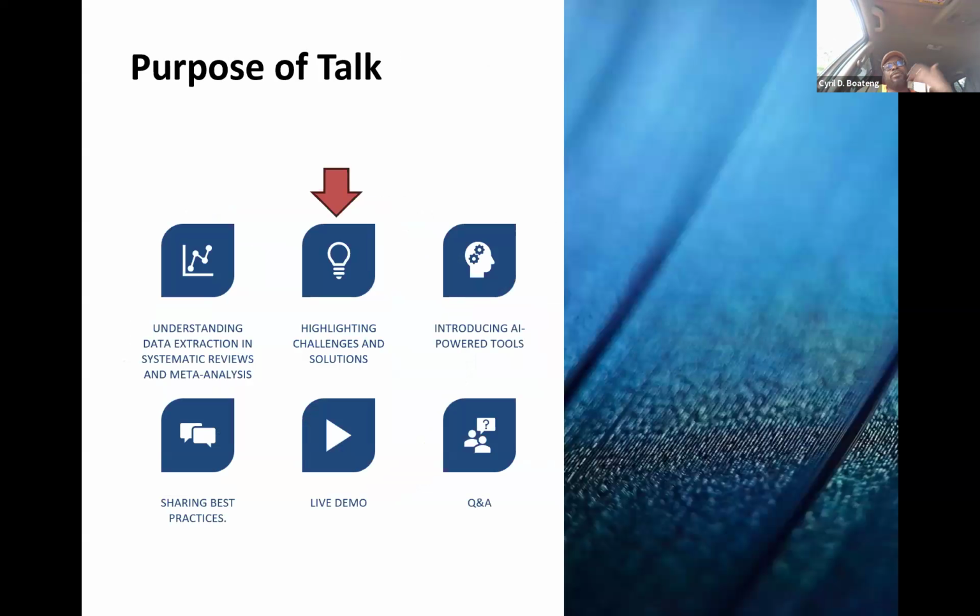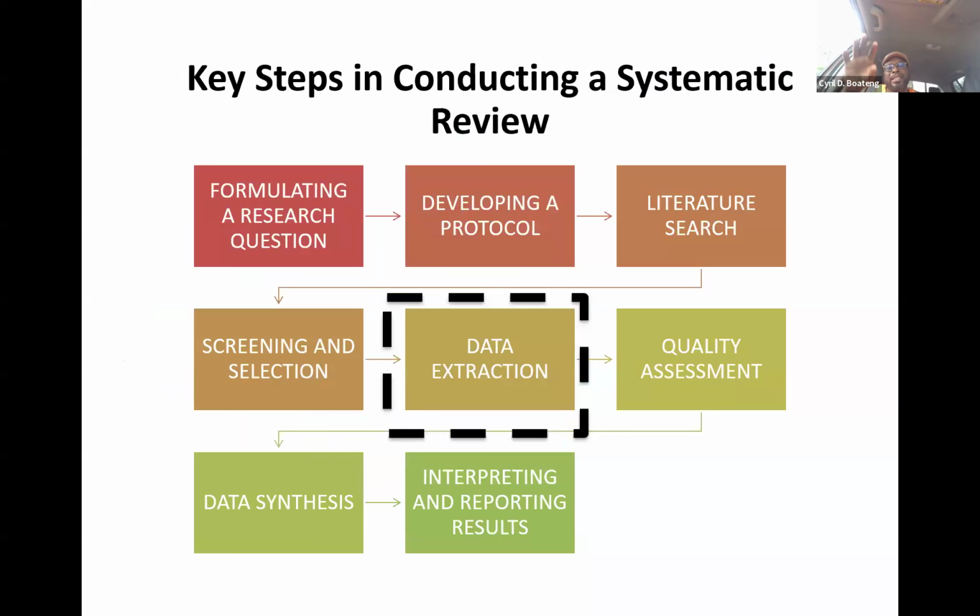All right. So that gives you at least, I wanted to start with that so that you have an idea of where we are in that process. And then we can look at the specific challenges in terms of data extraction. So now we are focusing on that part, which is what we are supposed to do today.